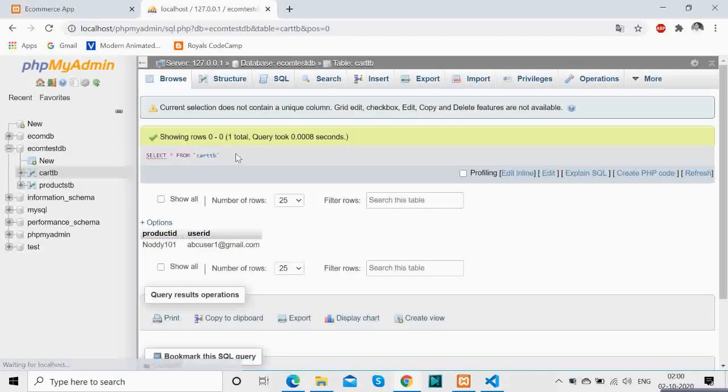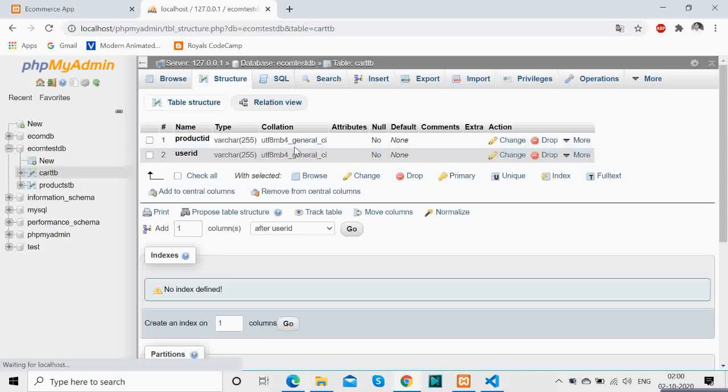So we will be adding that quantity field.